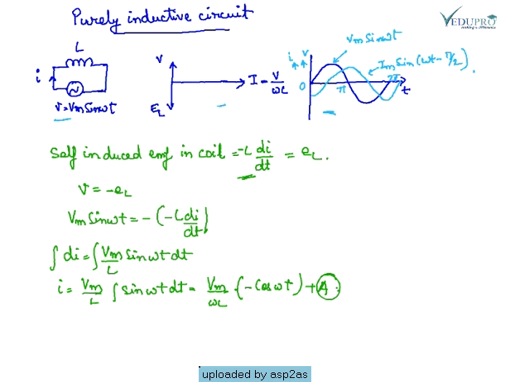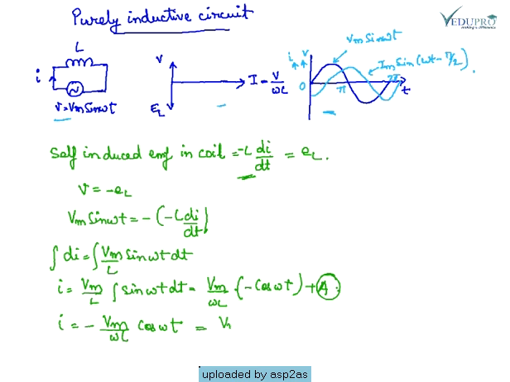And I is equal to minus Vm upon omega L cos omega t,